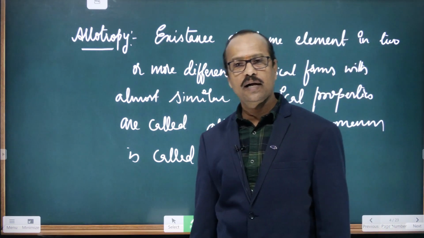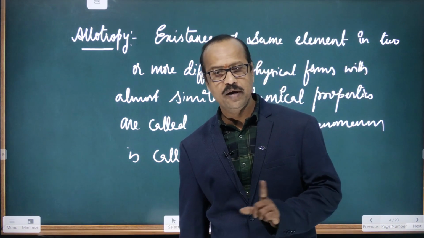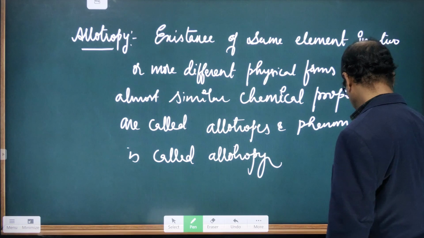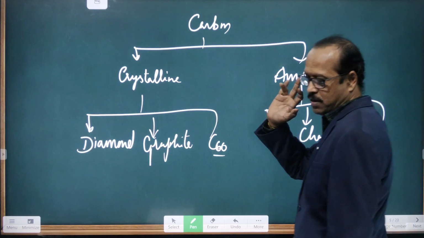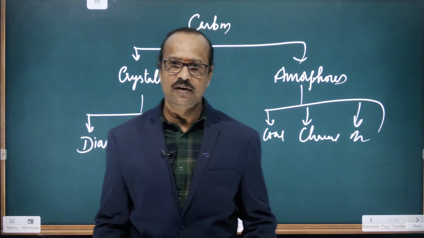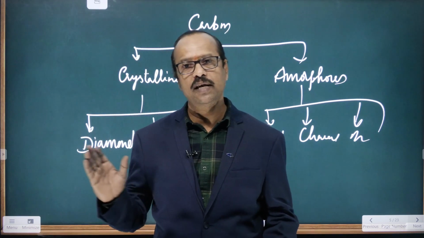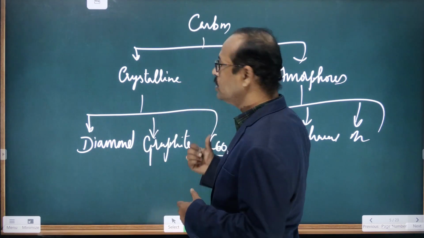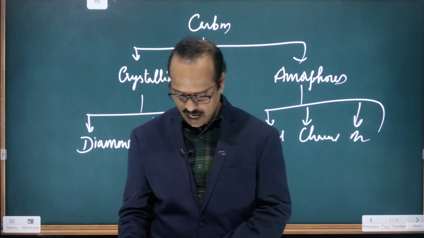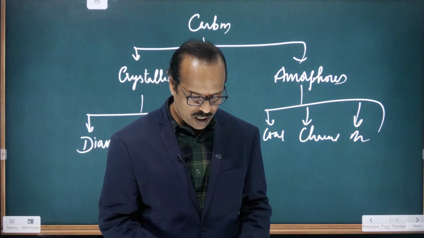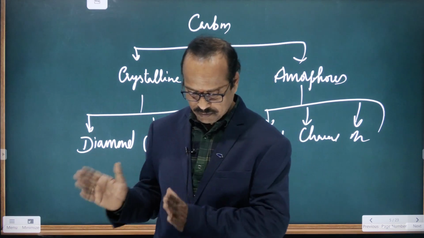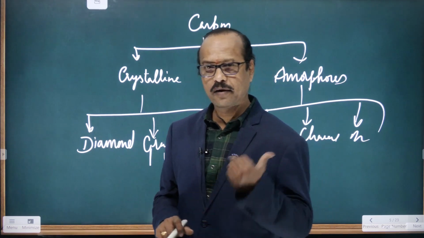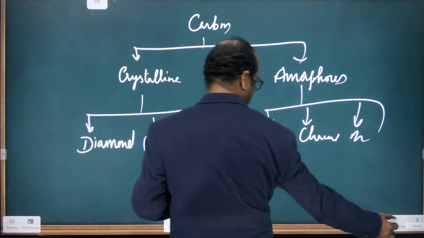Allotropy means what? Existence or occurrence of the same element in two or more forms is called allotropes, and the phenomenon is called allotropy. And carbon is mainly available in nature in the form of crystalline forms and amorphous forms. Crystalline are again diamond, graphite, C60, and the second one is what? Coal, charcoal. These all come under the allotropic forms. Okay, so that's about allotropy. Whenever it comes up in a proper way, we will discuss allotropy in detail, right? So as of now, till here it's fine.